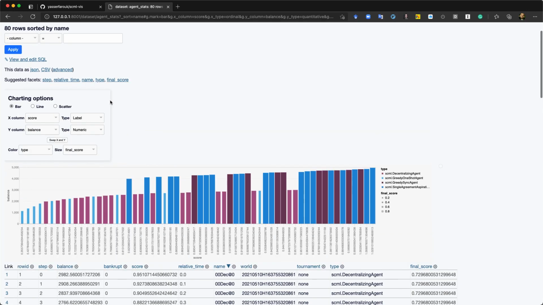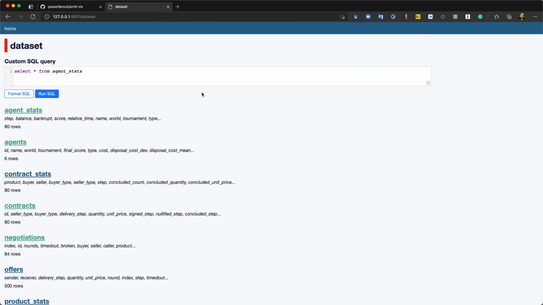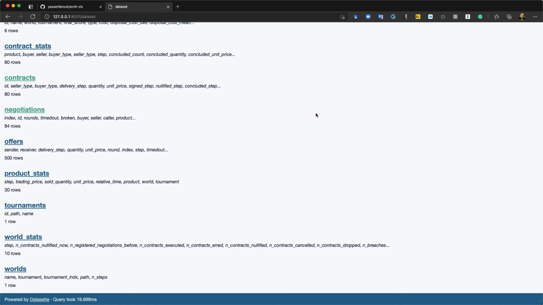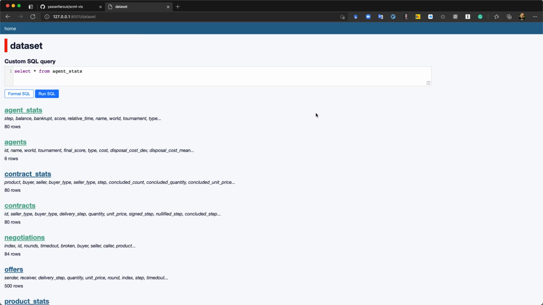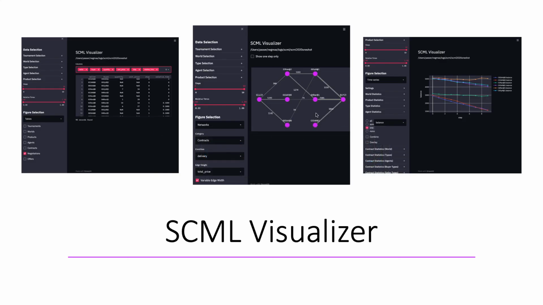So these are displays. You can edit the SQL, so you can actually run SQL statements here. That's the default SQL, but you can do other things. You can apply group bys here. You can apply any SQL statement, and from it you can see anything you want on these tables. You can also do joins and see things in other tables as well, and you can save the resulting data. Okay, so that's how you explore using Dataset. And that's it. That's everything I wanted to show you today. And hope this